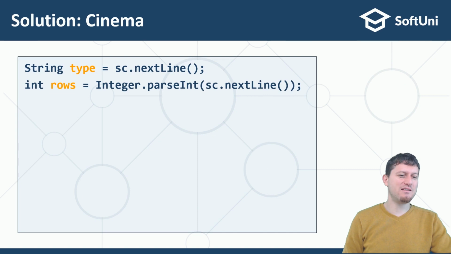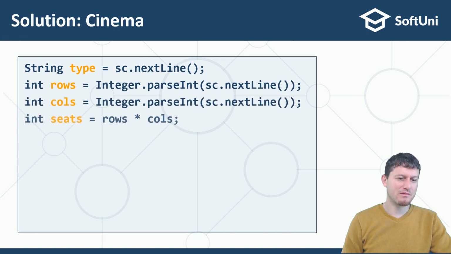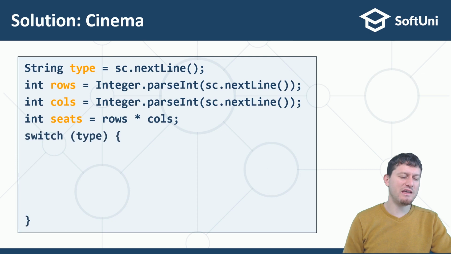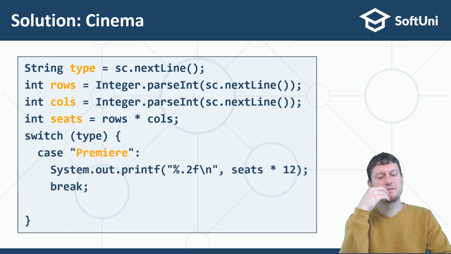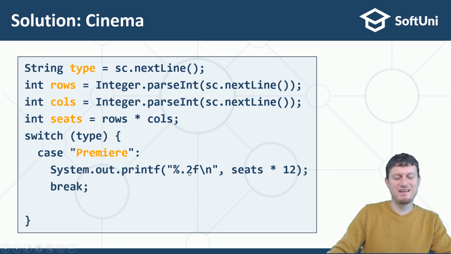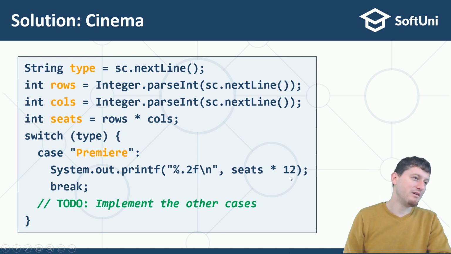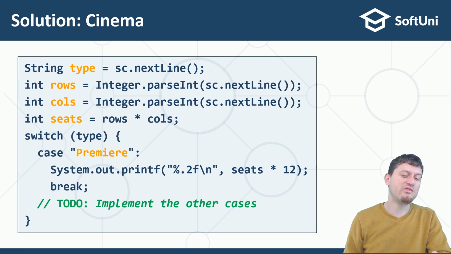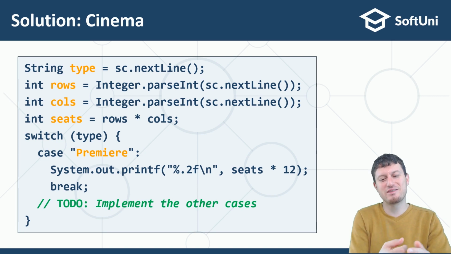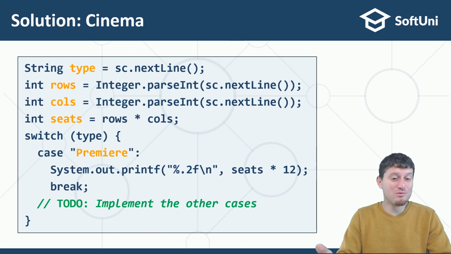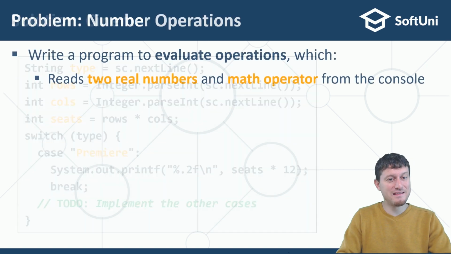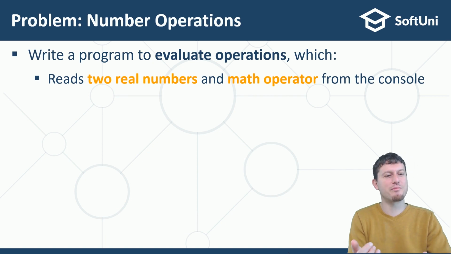This is the solution I had in mind. I read the input data, I calculate the number of seats, and if the type is Premier, I print the seats multiplied by 12 and format it correctly. Again, if it is normal, I will print the seats multiplied by other price, and I just have to check these three cases: Premier, normal and discounted ticket, and to multiply by different number, which is the ticket price. So we are ready with the cinema problem, and we can go ahead with the number operations problem, which is